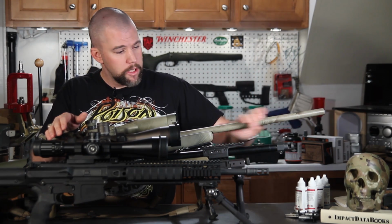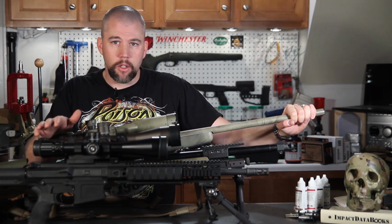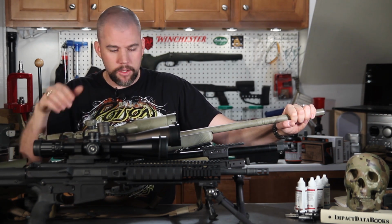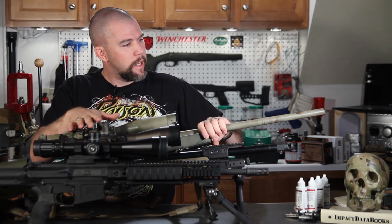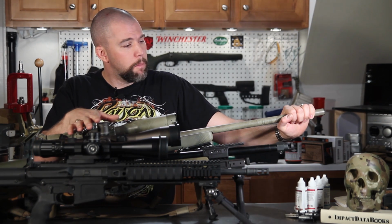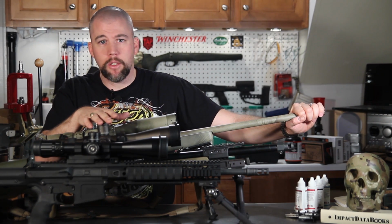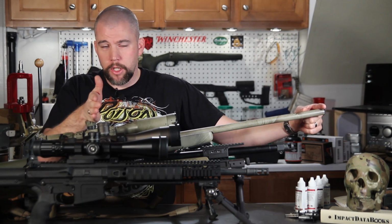Now, the closest to me, this one right here, is a Remington 700 SPSV that's been dropped in a Bell & Carlson stock. It's got some other stuff on it. We've got the old Falcon Menace scope, the 4-14 by 44, mounted on here that you guys keep asking about. It's still going strong on this platform. I've had this rifle for quite some time. This barrel's probably getting towards the end of its life, but this is an original 26-inch Remington 700 varmint barrel. It's the heaviest weight that Remington offers in their regular lineup, and